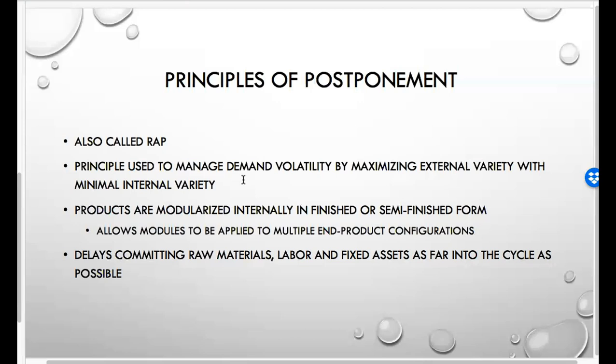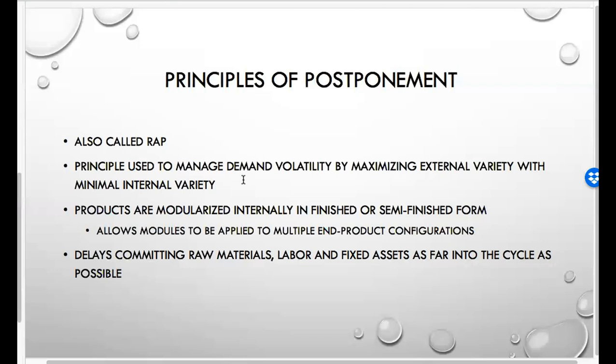Obviously, when you do this in a competitive system, you end up losing sales to someone else who says, hey, I can make you a red car. But these are two strategies that you can use. You either increase the ability of the system to absorb the external variation through flexibility, or you minimize the amount of variation that you're going to address by saying, we're only going to make black cars. We're done. So in principles of postponement, what you do is you modularize and you use common components as far up the supply chain as possible before you create multiple different designs.